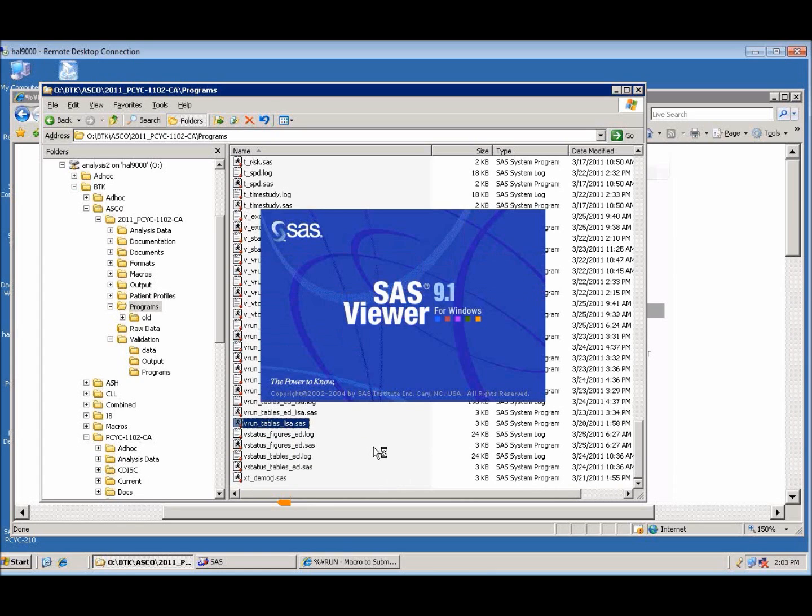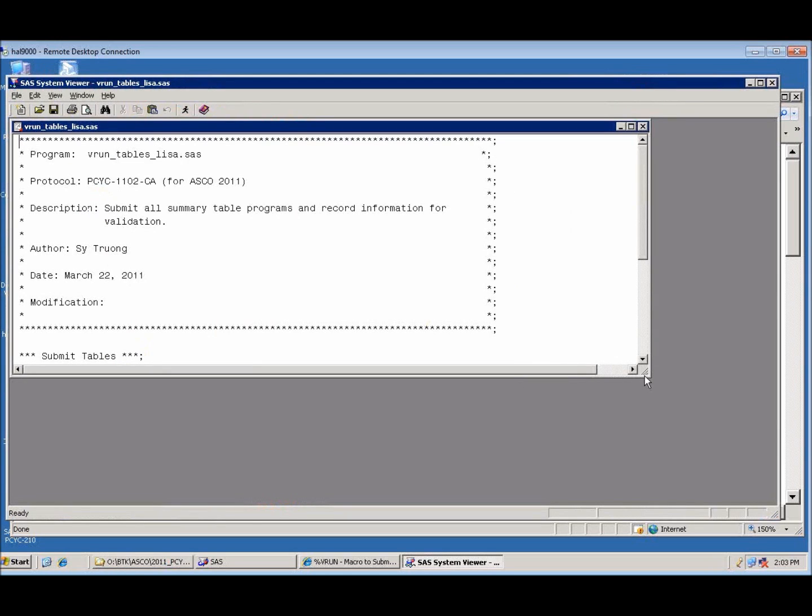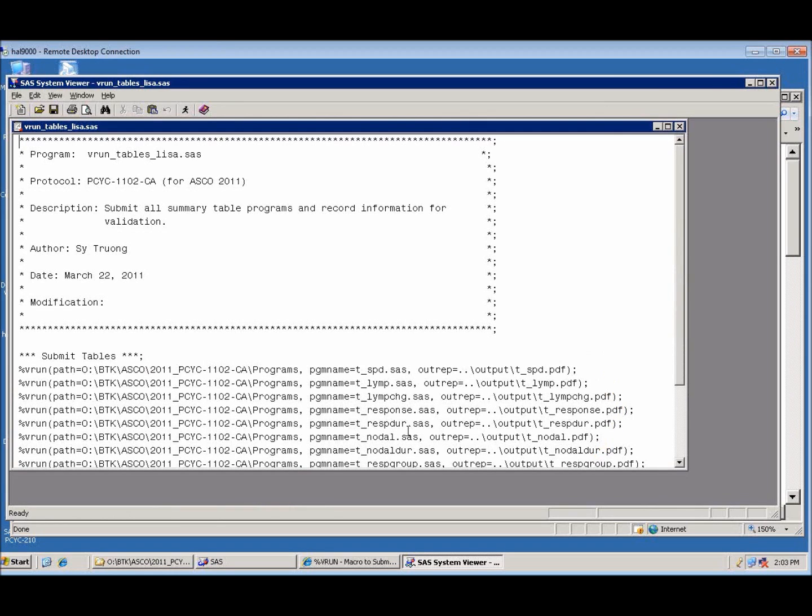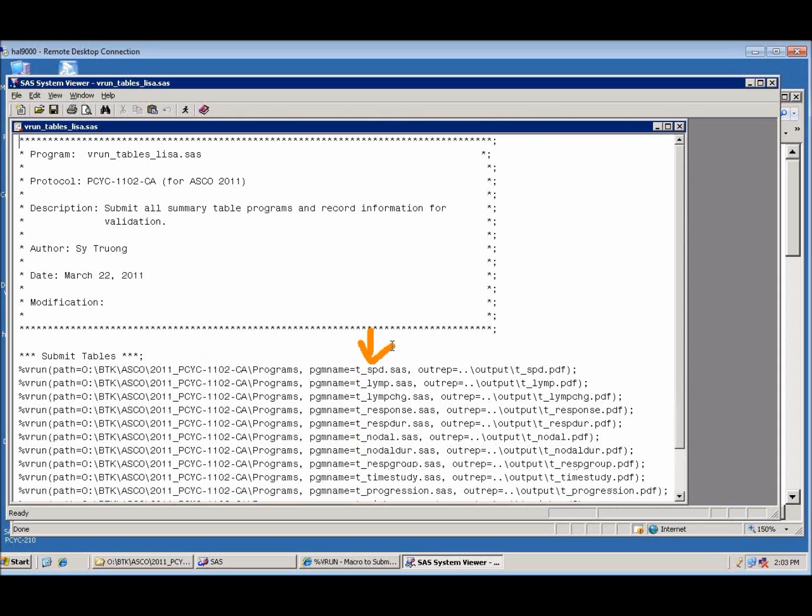For example, I'm creating one here where one of the users, Lisa, is having all of her summary tables produced. And in this case, it's the same path, but then all these programs are specified. And this is the order in which it will execute. It will first run the first program, wait until that's finished, before continuing on to the subsequent programs. And if you specify the output report, in this case, it's in the same location as the program folder, but one level up at the output folder. It would check for these output files, and if it exists after the submission, it would update the status that